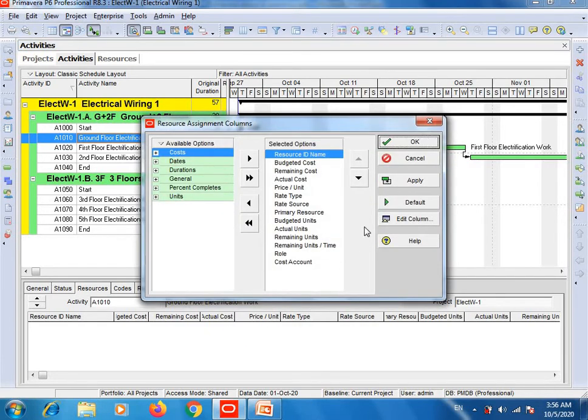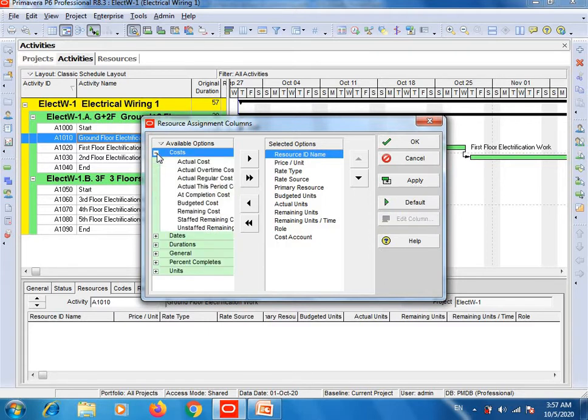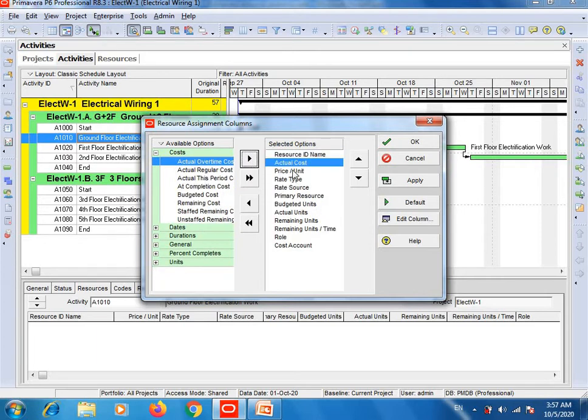Click on default, click on apply, and then click on the plus sign of cost. Here first select actual cost and add it to your right column by clicking the add to list icon. Here you can see your actual cost has been added.